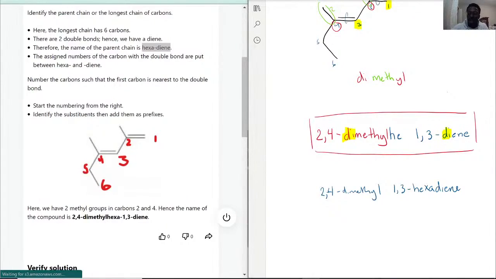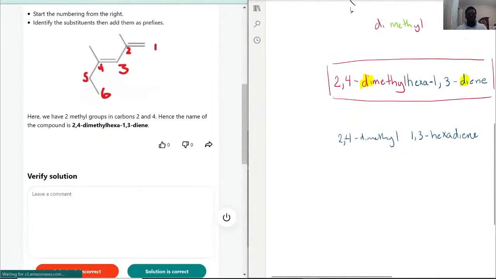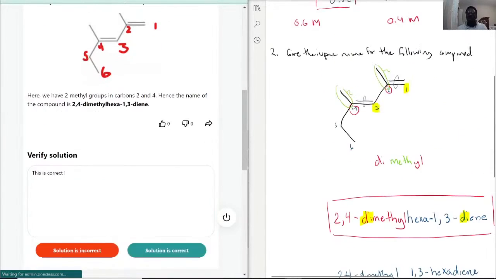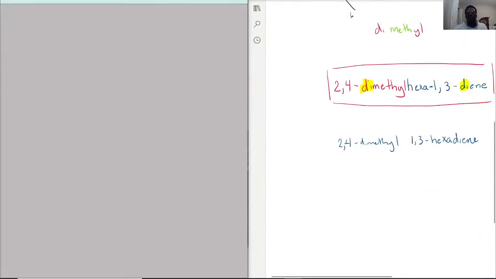It's not hex. You actually have the "a" still. Although I would think that it would be hexadiene because you have hexane and hexene, just to be able to trust this, I would say this is the correct spelling for this compound. With that being said though, this is indeed correct. And now we can move on to the next question. Hopefully you saw how I was able to actually count and make sure that I